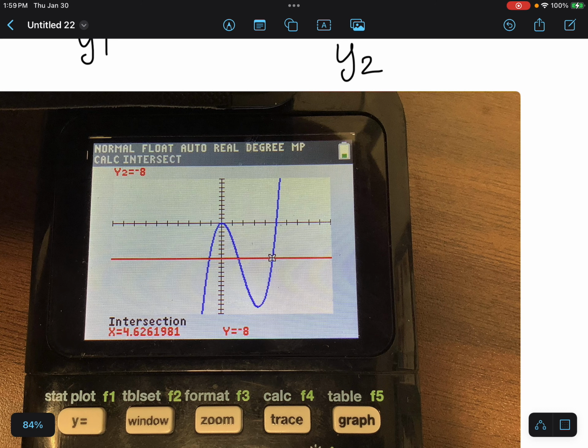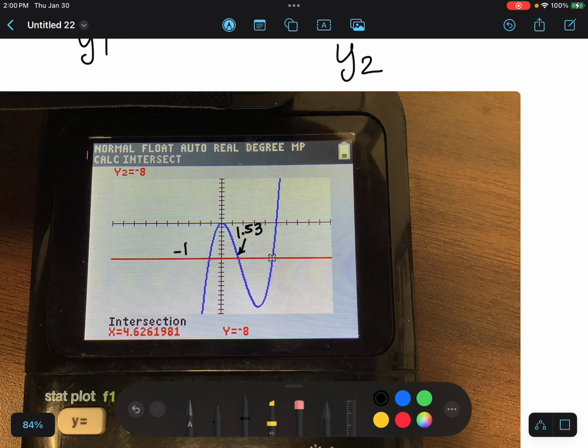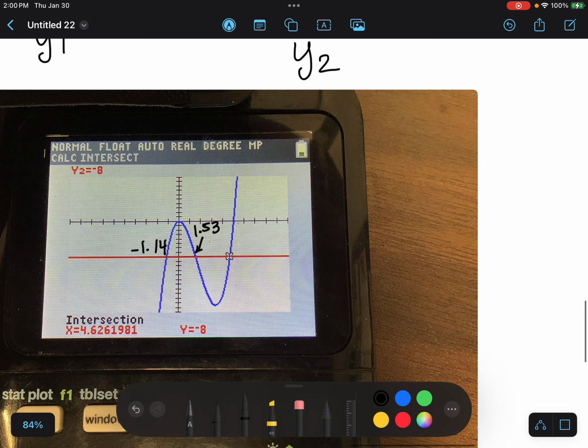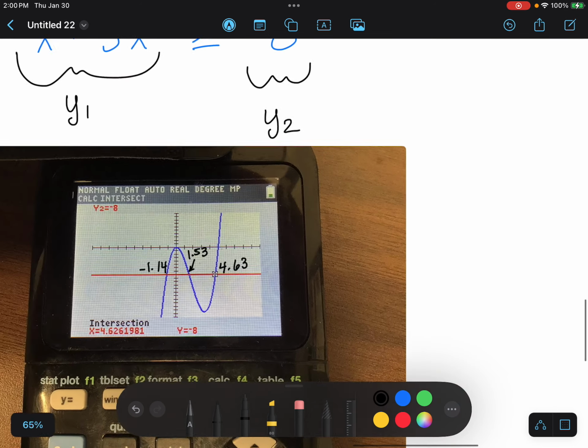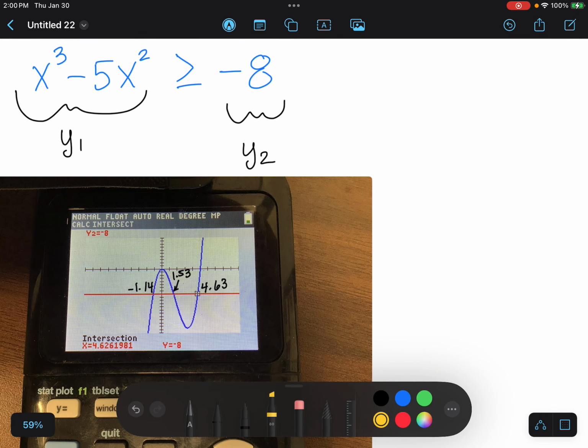So we have the one intersection that's shown at 4.62 or 4.63. This number down here was 1.53, I think, if I'm not mistaken. And this one was negative 1.1 something. I don't remember off the top of my head now. 1.14, I think, if I'm not mistaken. And 4.63. Okay. So now to answer the question again one more time, I'm going to use the highlighter to